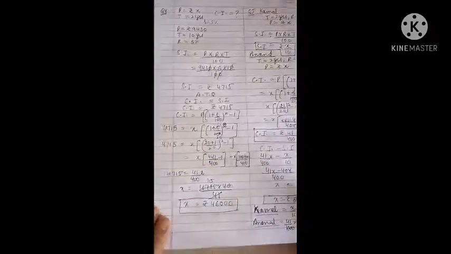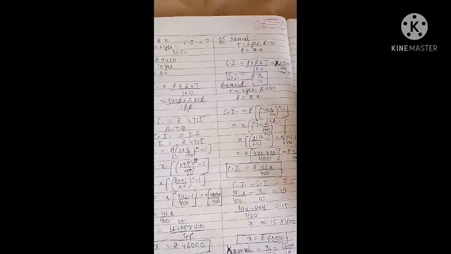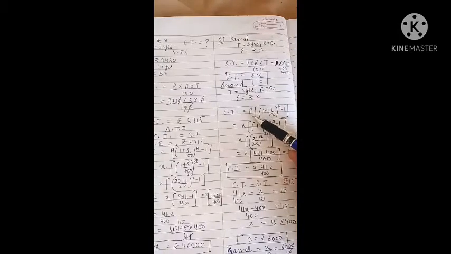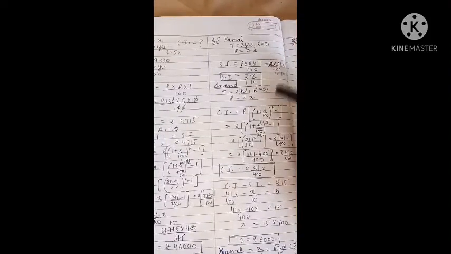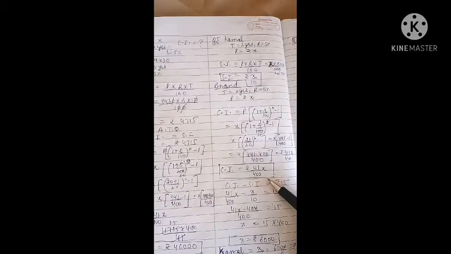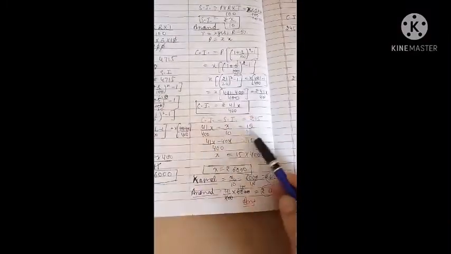Now in the fifth question, Kamal and Anand each lent the same sum of money for 2 years at 5% simple interest and compound interest. For Kamal it's simple interest, for Anand it is compound interest, and Anand receives rupees 15 more, means compound interest minus simple interest will be equal to rupees 15. So everything is same for simple interest and compound interest. We can apply the different formulas and put the values of all these things, and here we are getting simple interest, this one, and here we can apply the formula of compound interest and we are getting this compound interest. After subtraction we will equate it equal to 15,